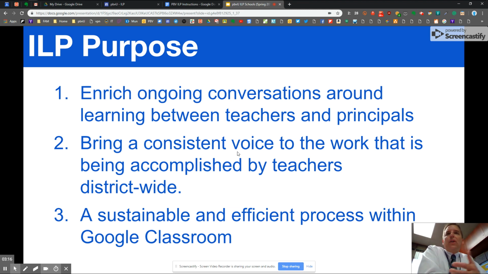As that begins to occur back and forth, a lot of it via Google Classroom and online,